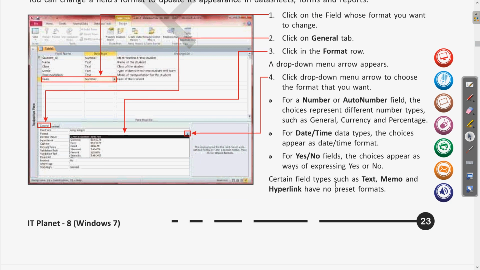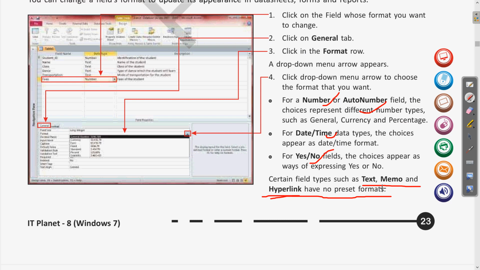Certain fields such as text, memo and hyperlink have no preset formats. So the other data types like text, memo and hyperlink, they don't have any preset format. Whatever we have seen about the formatting was for the number, auto number, date and time, yes and no field.